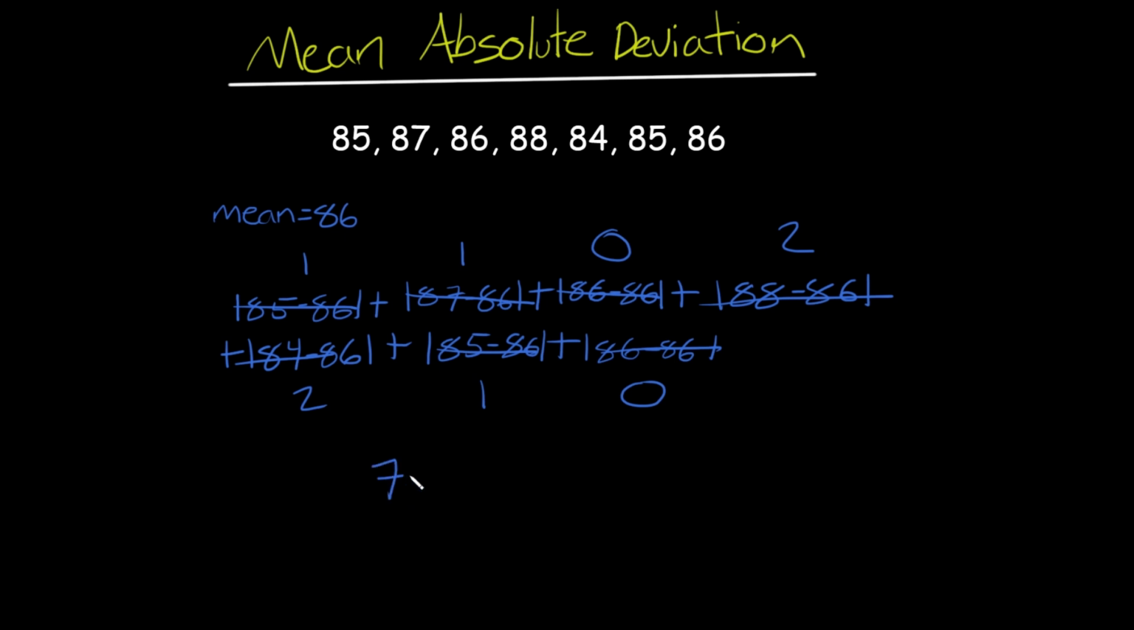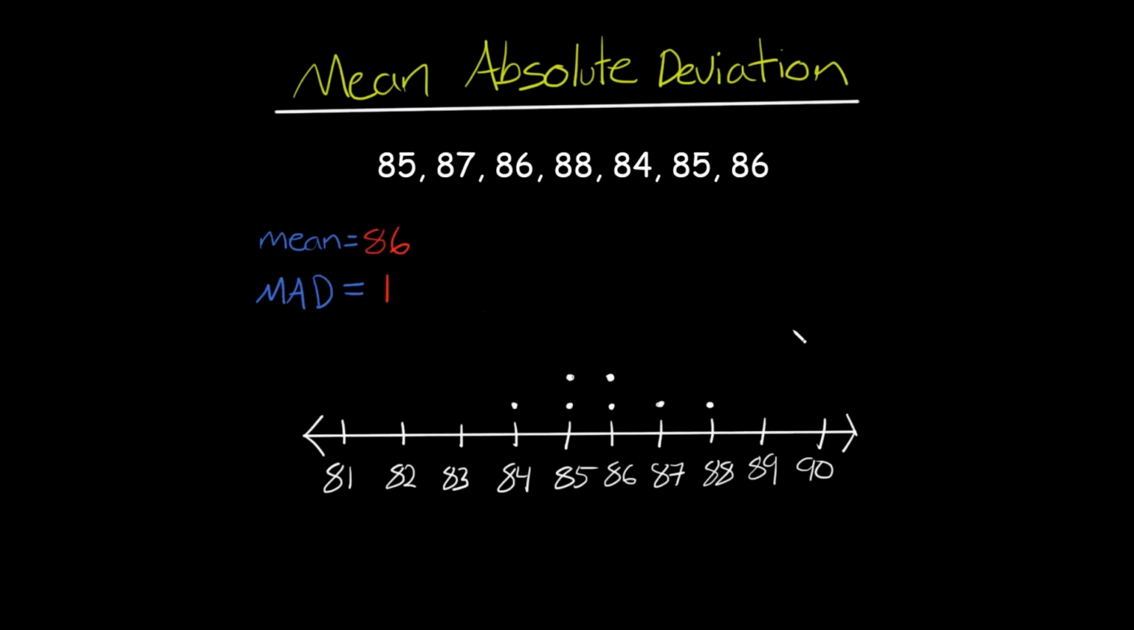So we're going to have 7. But remember, we're finding the mean of these distances. So we're going to divide by the number of data entries in this data set once again, which is also 7. So our mean absolute deviation for this data set is going to be 7 over 7, which is equivalent to 1. So now let's visualize what mean absolute deviation really represents using this number line here,